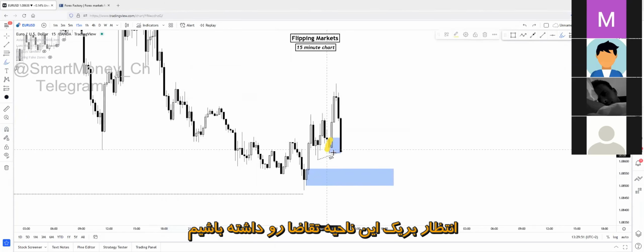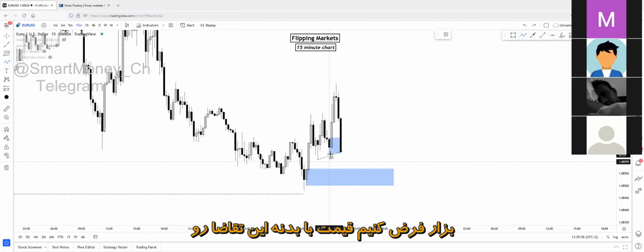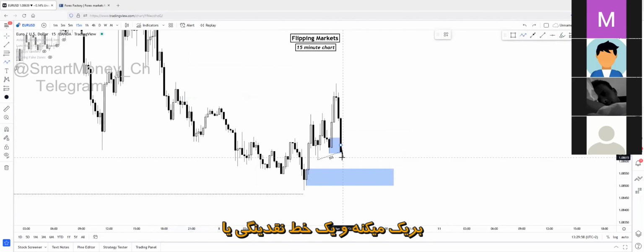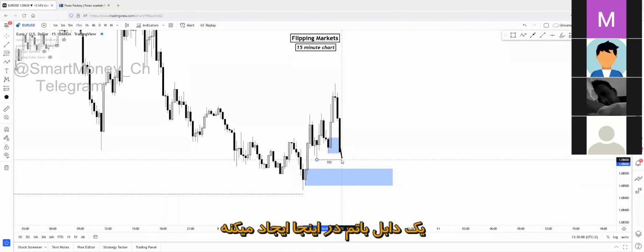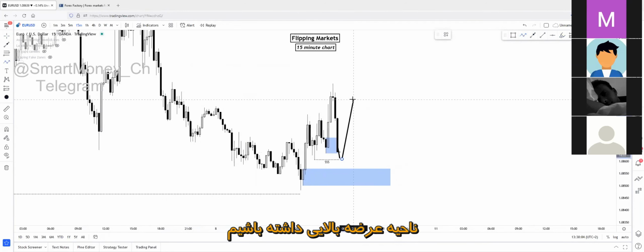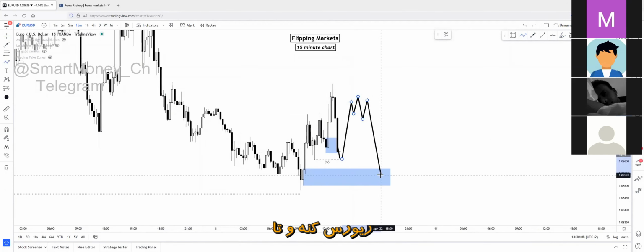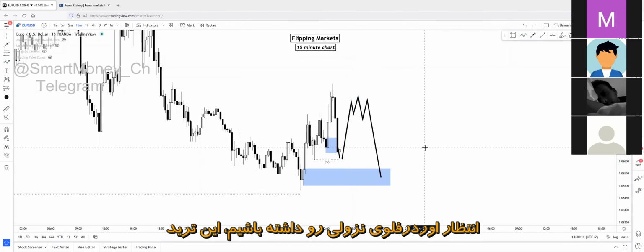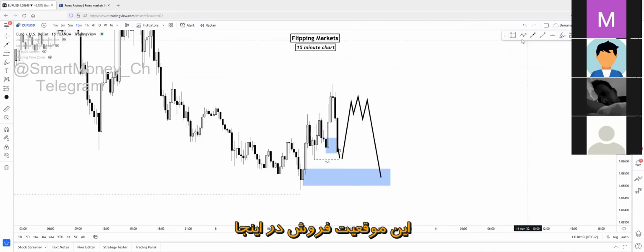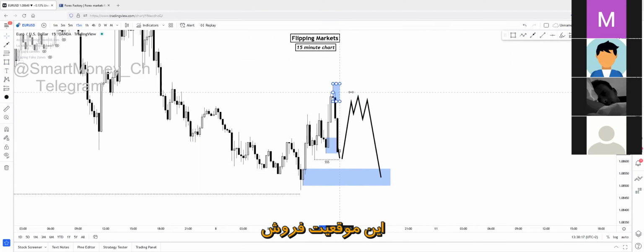So we can expect the break of this zone. And if the break of this zone happens, and let's say price creates a clear body break of this zone and creates another liquidity line, so it creates a double bottom right here at this region, we can expect a pullback to some higher supply areas right here. We can expect a reversal on this supply zone, and we can ride the short expectation order flow down to this demand zone. And this trade, the short opportunity right here, after the reinspection of the supply zone up here,